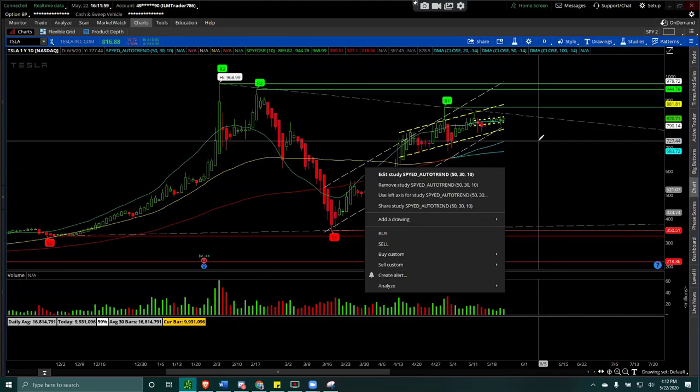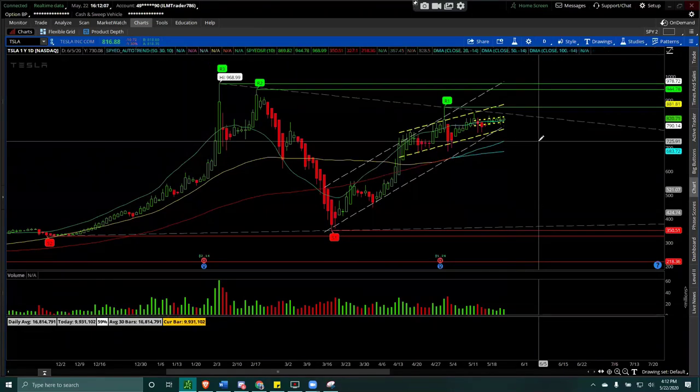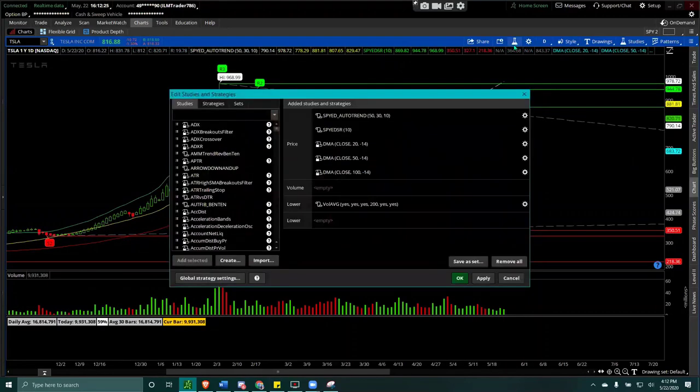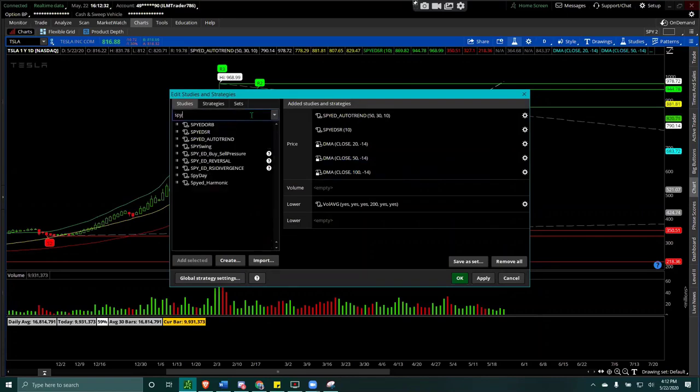So again, I know there's a lot more advanced studies that you guys could use, but if you want to try different things, different indicators, feel free to just throw them in there and see how it works. I prefer basic stuff. You don't want too many things. At times I like charts to be clear. So I'll show you the stuff that I had sent to you guys on the TOS script, how it works. Then I'll also have, let's say, SP. I look for my ones, and then I have buy and sell pressure, right?